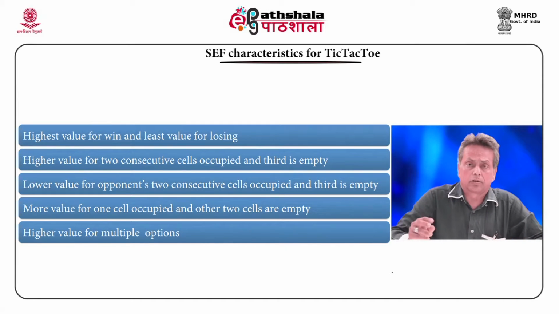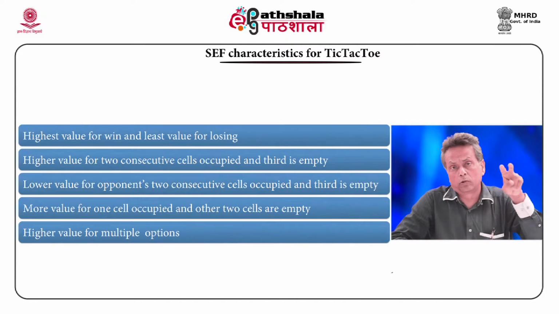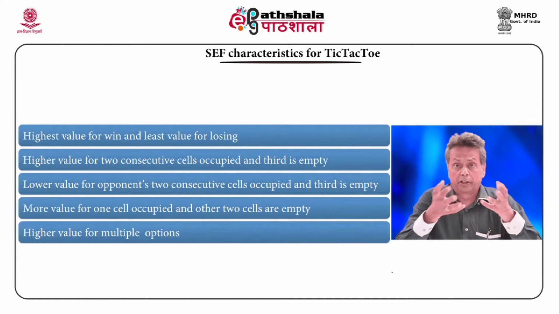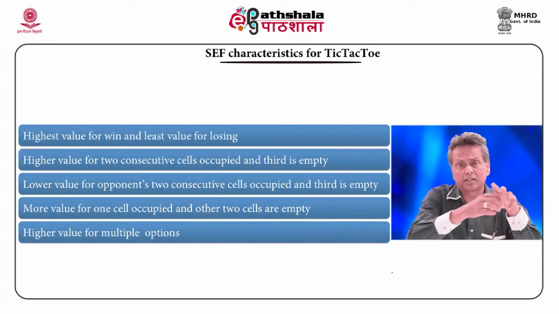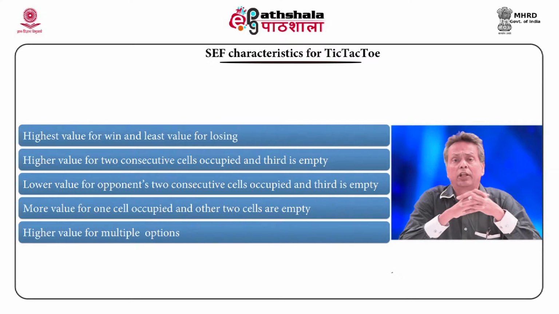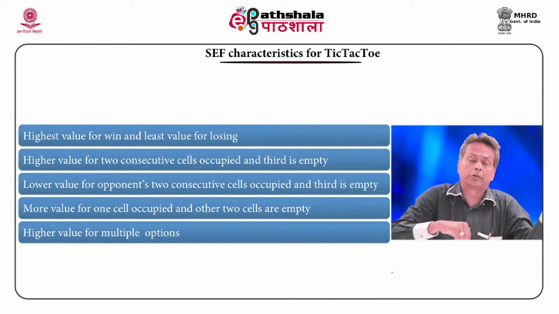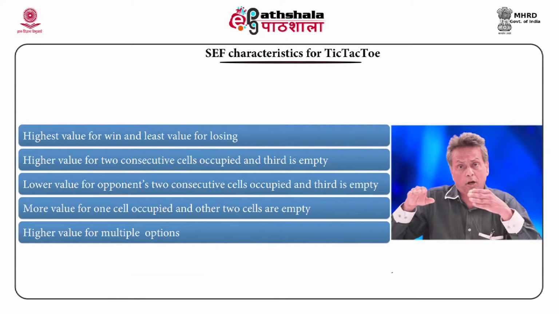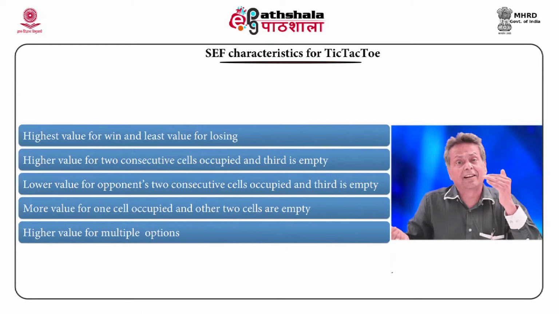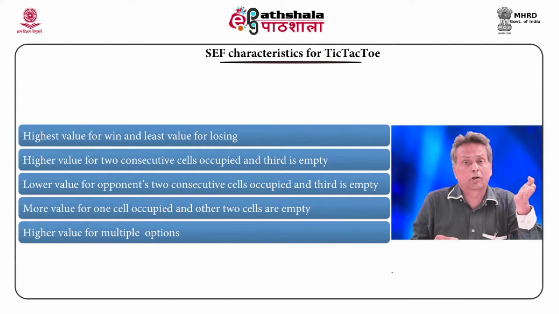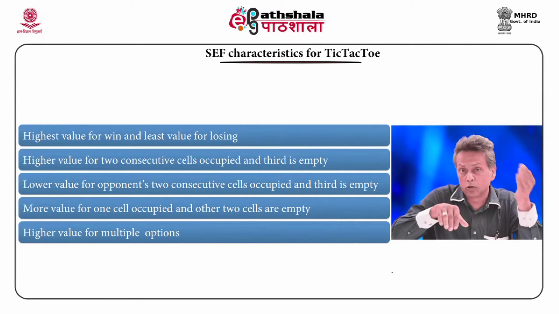And then there are others also. For example, if I have 2 consecutive cells occupied and the third one is empty, it's a very good thing. I can just play the next move there and I'll win. So it's also a very good state, and that should have a higher heuristic value. If an opponent has 2 consecutive cells occupied and the third cell is empty, it has a very low value, almost a defeat. Similarly, if you have 1 cell occupied and the next 2 are empty, it is a good state to